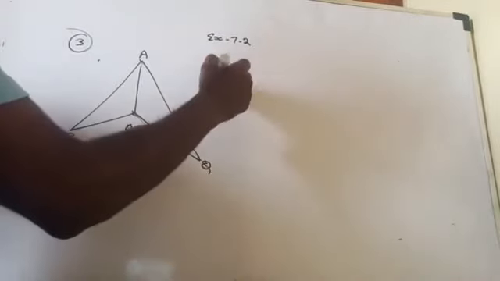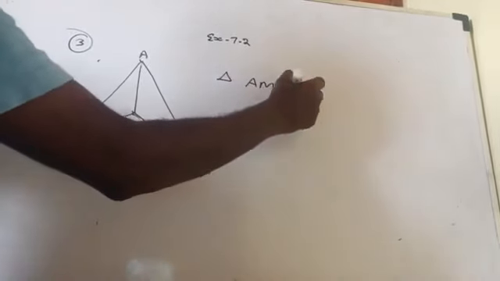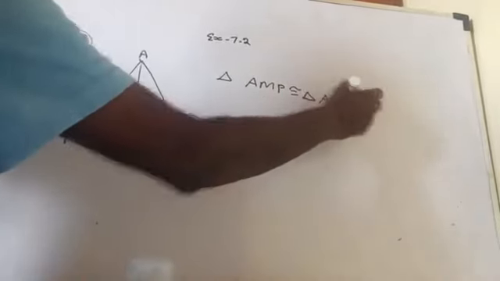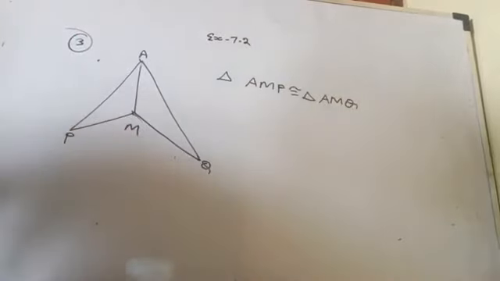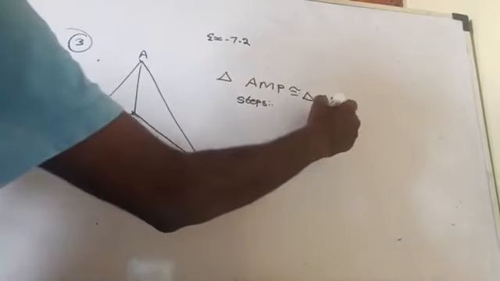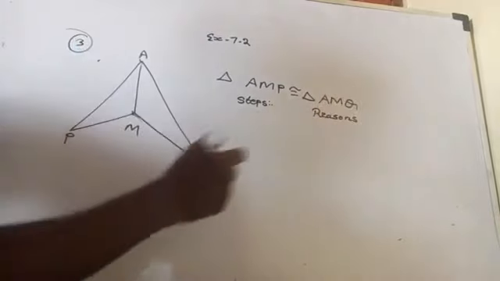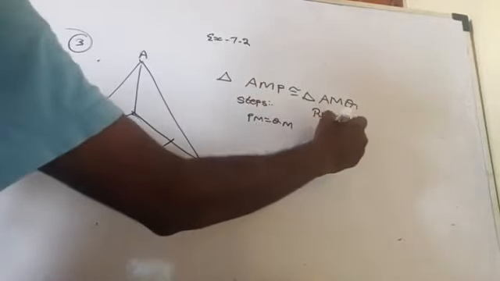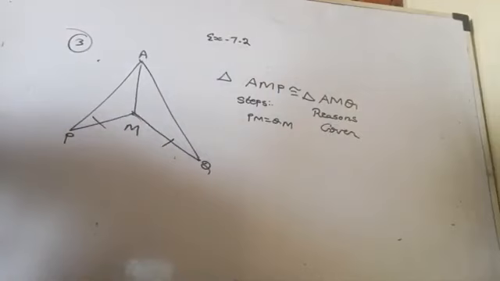Okay. Then what all is given? You have to show that triangle AMP is congruent to triangle AMQ. PM equal to QM, it is given. The steps are given, and then you have to write down the reasons for that. So it is given that PM equal to QM. What is the meaning? It is given. PM equal to QM is given. And then angle PMA equal to angle QMA.